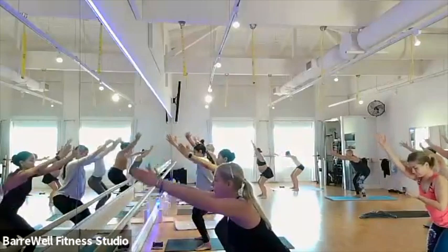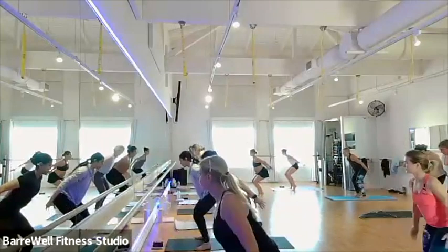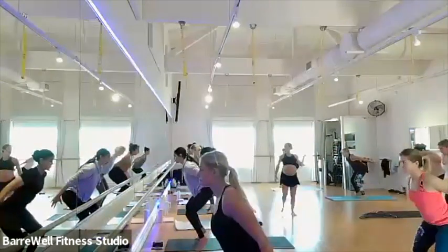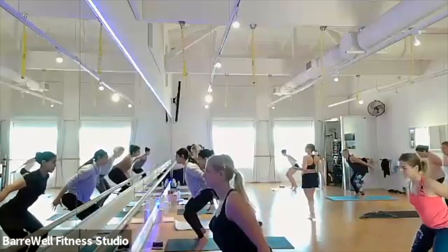Good. Now, as you exhale, we find chair plane, heels up. Your weight floats to your toes. Fly your arms back so you engage your triceps. Pull your heart forward. Start to pulse your hips down. Pulse. Hips down. Chest stays proud. Here for 8,